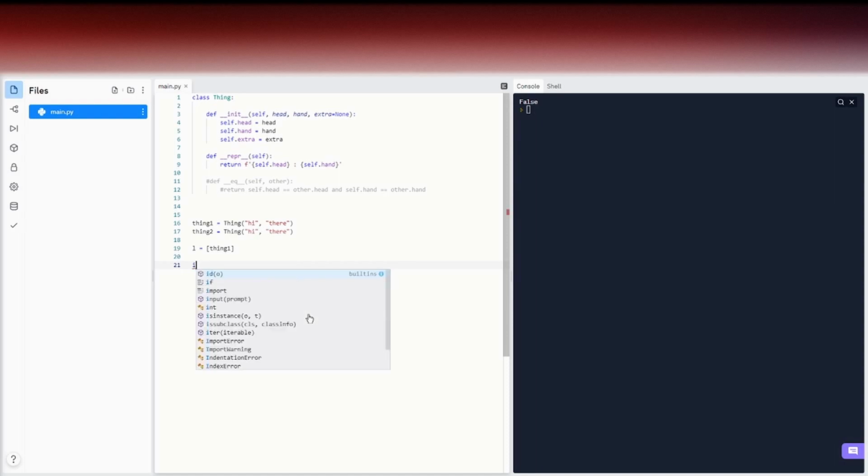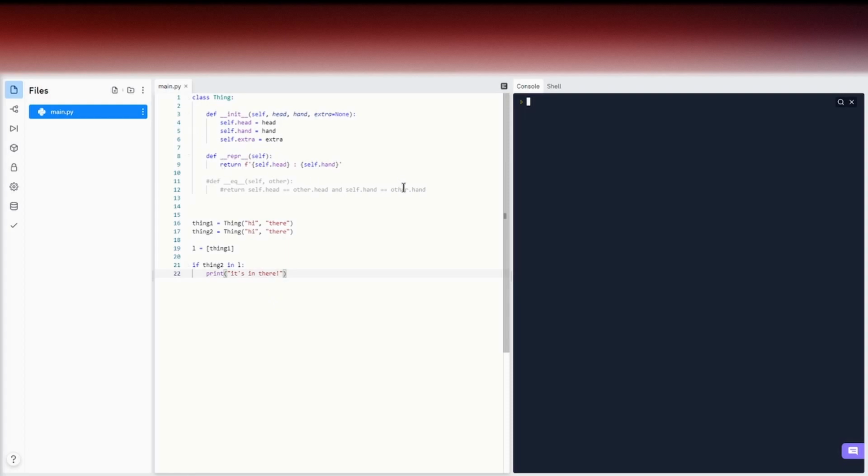So we'll just do a print statement, and we'll just do if thing 2 in L. The same thing and then check the array